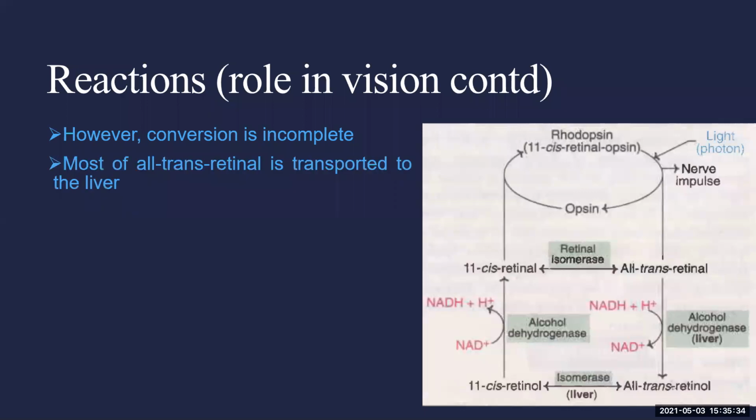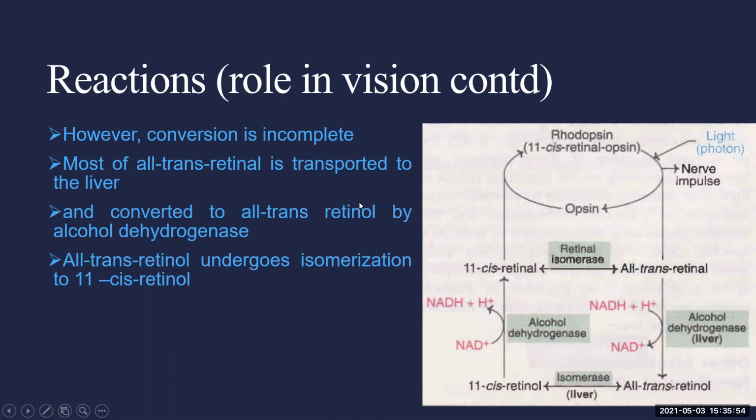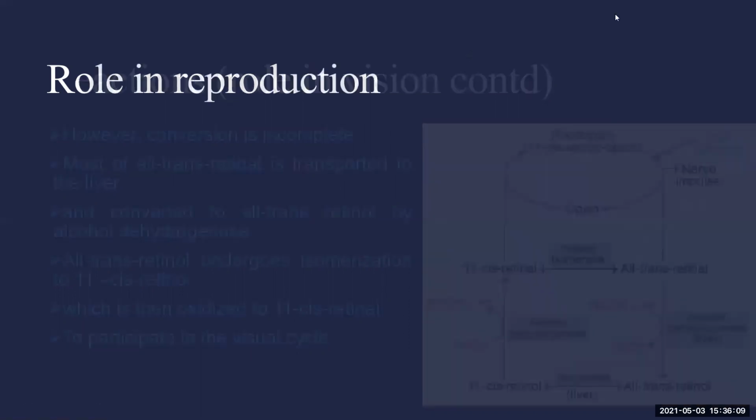Still, some amount of all-trans retinal is left, which is not isomerized, and this has a counter effect on the visual cycle. So it is transported to the liver, where first alcohol dehydrogenase acts and converts it into all-trans retinol, which is isomerized to 11-cis retinol and then oxidized to 11-cis retinal, which comes back to the eye and participates in the visual cycle, resulting in efficient conversion of opsin to rhodopsin. Okay, so with that